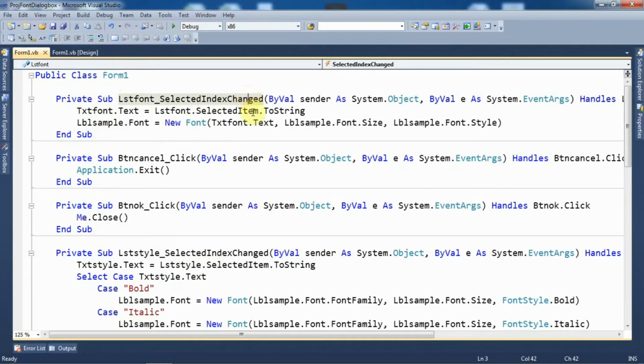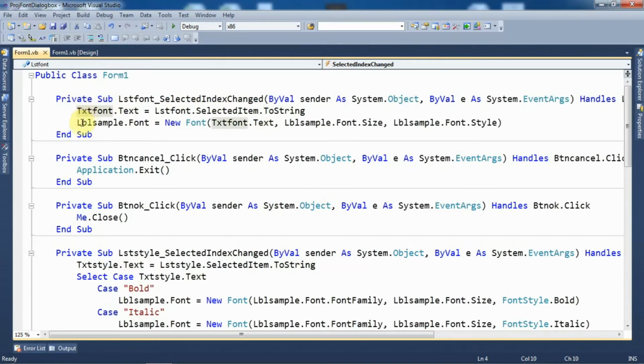So the first task is, whenever the user selects a value from the list box control, it is to be displayed within the text box control. So the first statement I have written is txtFont.Text = lstFont.SelectedItem.ToString(). Over here txtFont is the name of the text box, and we have used its Text property. After that I have written lstFont.SelectedItem, meaning the item that is selected from the list box control. I have converted that item into a string, and after that it is assigned to the Text property of the text box control.